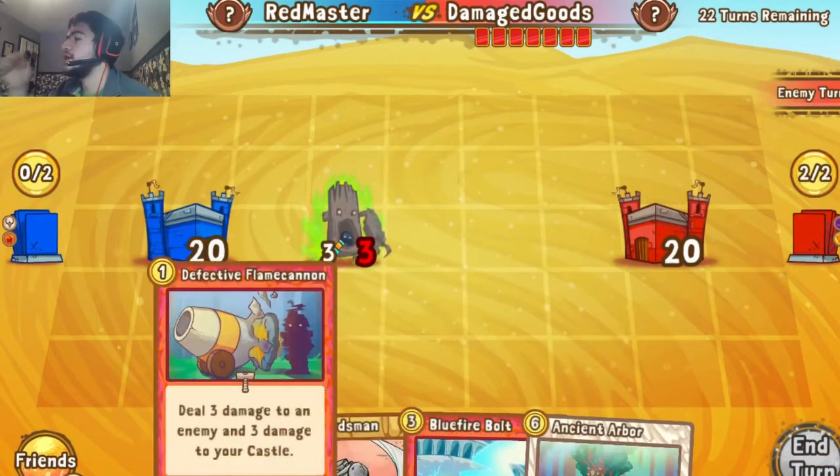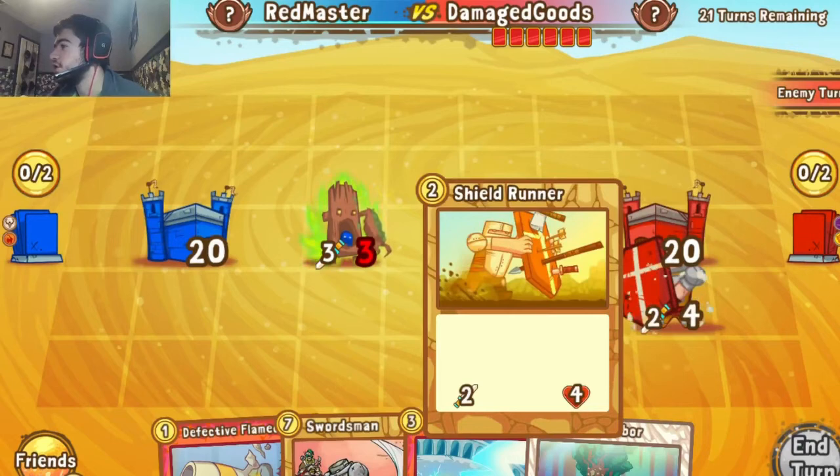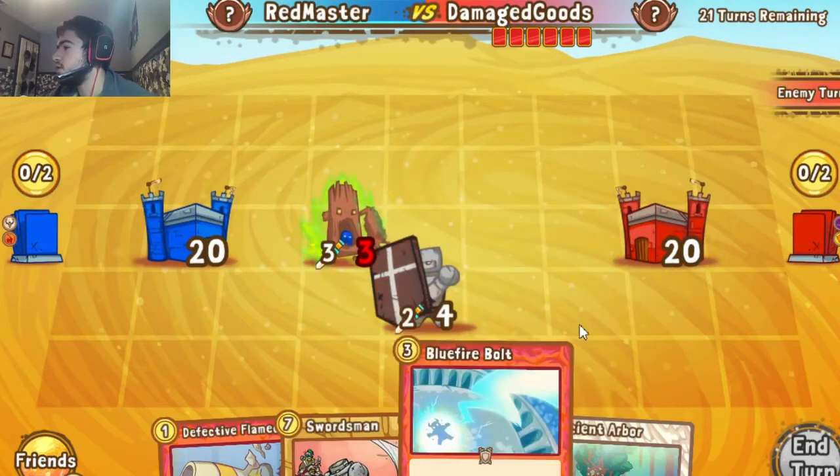And we also have Defective Flame Cannon, which could help us clear out one of his units. I don't expect him to throw a lot at us. That's going to be over at least 4 health on turn 2. Shield Runner. So we can definitely blue...